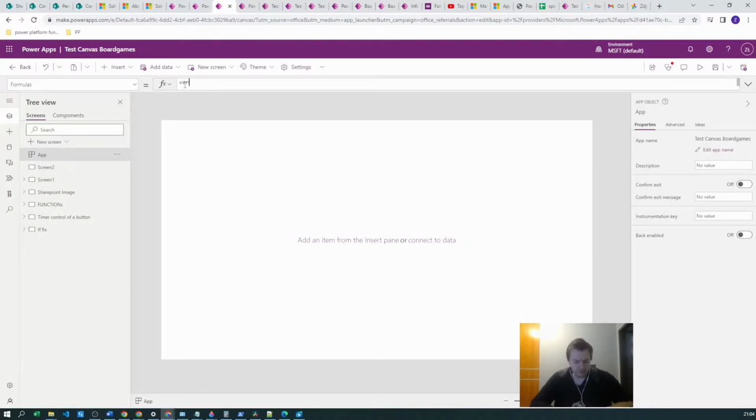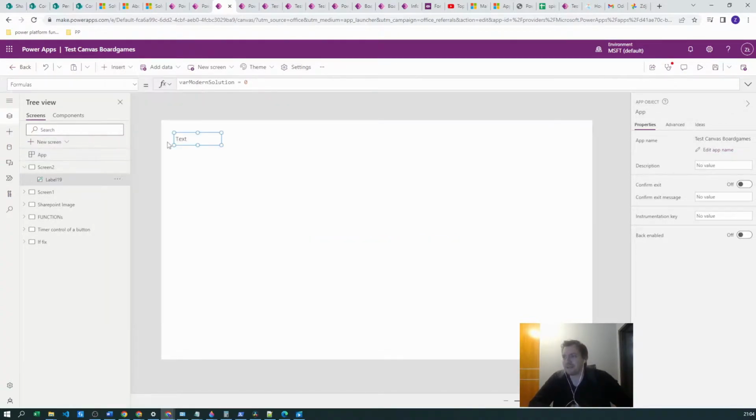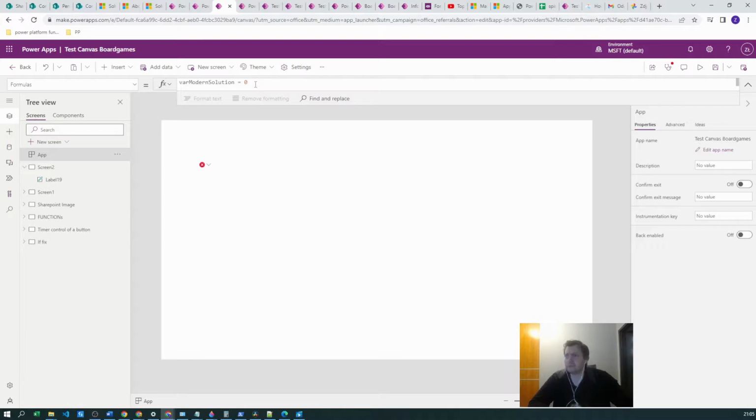Okay, so let's start typing there. Let's go with varModernSolution, and let's give it a 0 as a value. That's it, you're done. Okay, let's check with a text label. Let's go with varModernSolution. Oh, we have no prompt here, no hints. That means that our variable is not working. Why? I did it on purpose. See here that you have no indication that you have any kind of error,